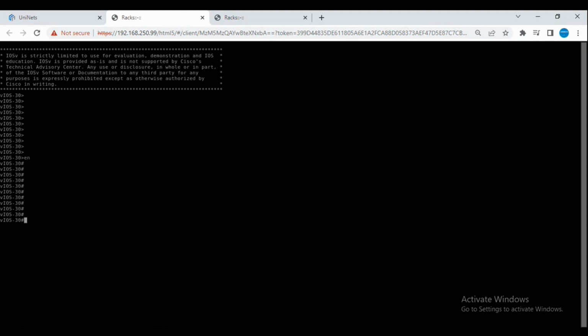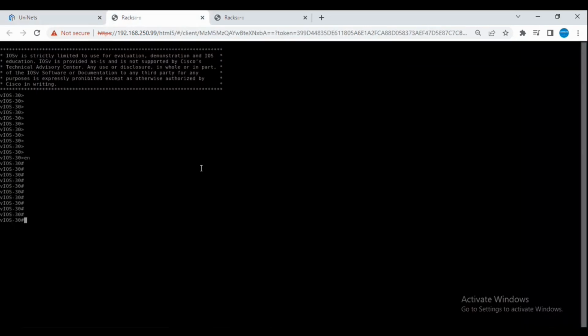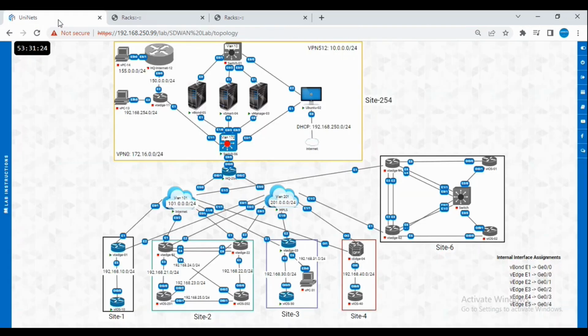These routers are nothing but traditional IOS routers. And if you want to check its IP interface brief, there is one IP address configured on the interface